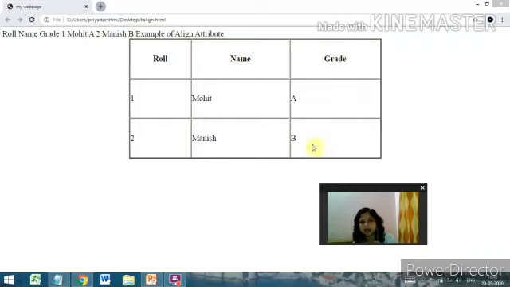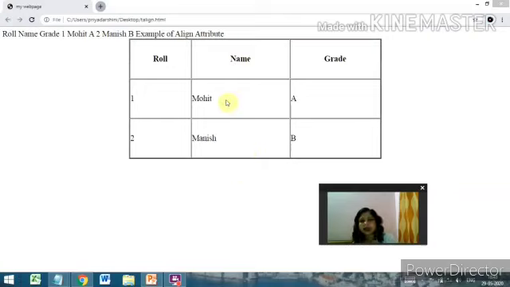But how will the table be aligned with respect to the text? Now in our screen no text is there, so only the table is there and the default alignment is your left alignment. And when we write align is equal to right, the table moves to the right side. When we write align is equal to center, the table appears at the center of the browser window.